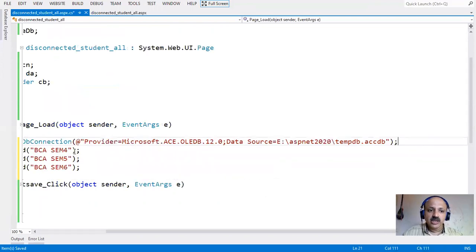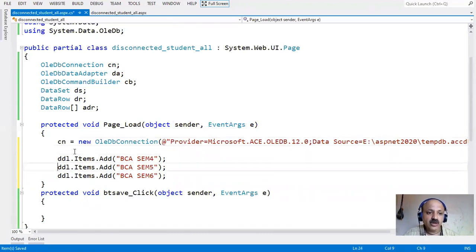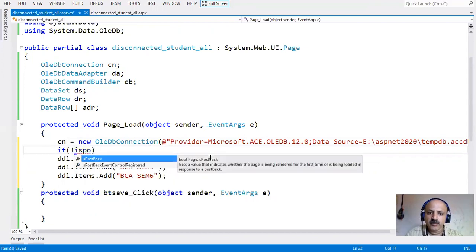One important property: if you do not provide it, then many times BCA 4 5 6 appear in the drop down. But here one important property, with the not equal to sign, is IsPostBack, that is a property of the Page class. You can see in the tooltip, Page dot IsPostBack. So you can also write Page dot IsPostBack. What is the use of IsPostBack?